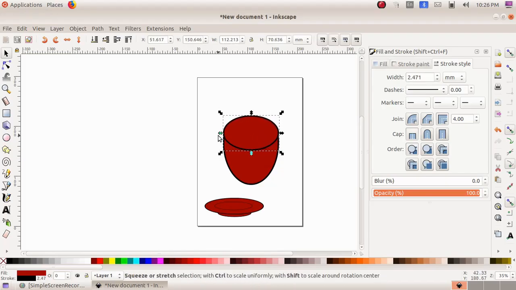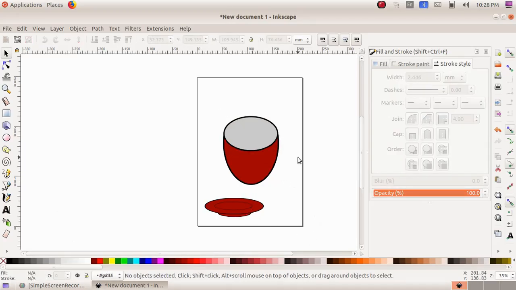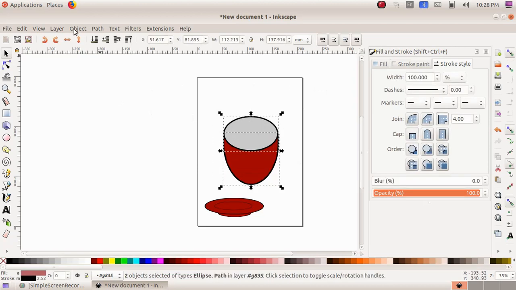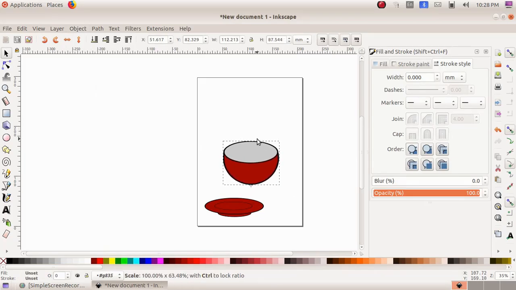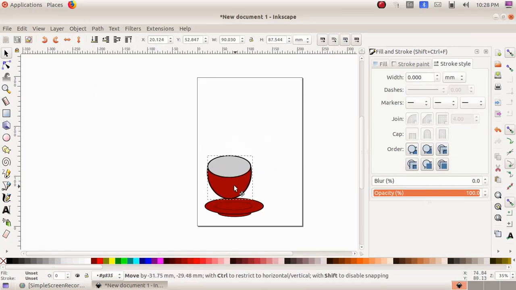So I have to adjust the edges, and I have to change the color also. So here from the bottom I am choosing a white color. So my cup is almost ready. So I have to group these 2 ovals. So click, drag and select the 2 ovals, then Object menu, Group.